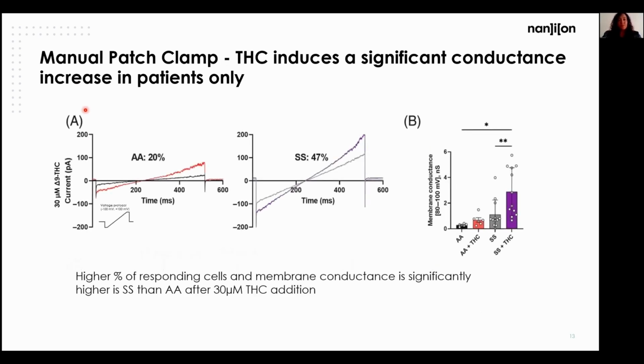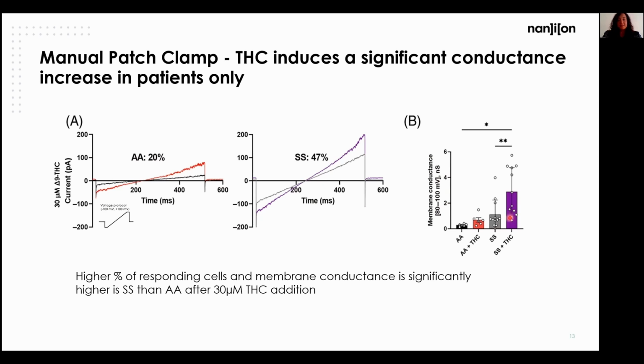Starting from the manual patch clamp results, we can see the AA is the control, as we have the sickle cell patients. The ramp protocol that was applied ranged from -100 to +100 millivolts. We can see the traces before and after THC addition, 30 micromolar THC. We have an increase in both samples, but when we look at the membrane conductance at positive voltages, we